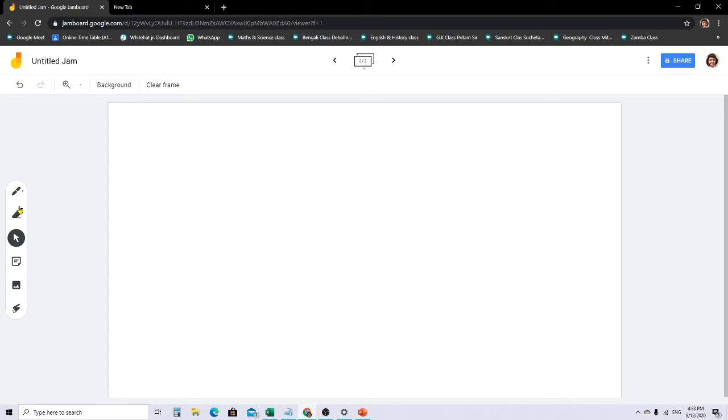You draw a rectangle like this, and write whatever block you think is correct. Maybe move forward. I'm writing move forward. Like this you can write your own blocks.